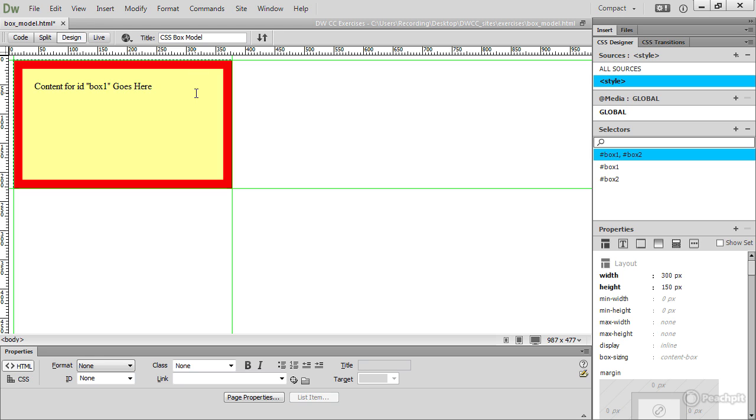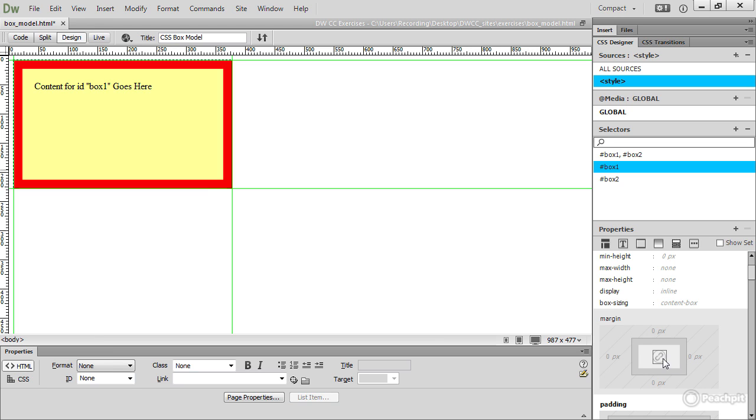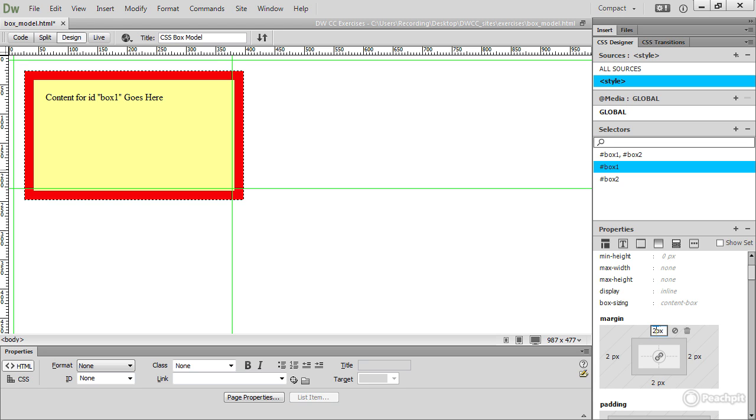Let's reselect box 1 and this time add some margin. Click the chain icon in the center to set all to the same value and set the margin to 20 pixels. And you can see that we've moved away from the top and left guides. There's 20 pixels margin there, 20 pixels margin there, and the background color of the element doesn't move into the margin. If you're wondering why the top and left guides are not right at the very edge of the page, that's because browsers add an 8-pixel margin by